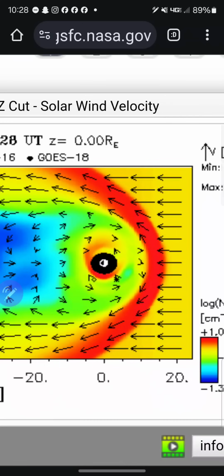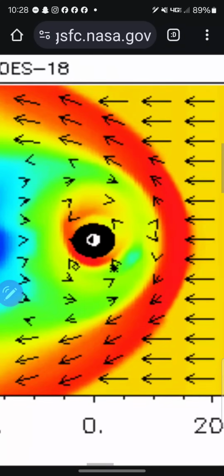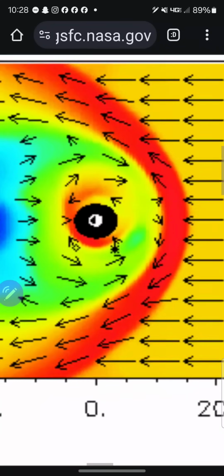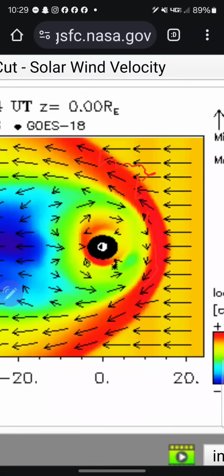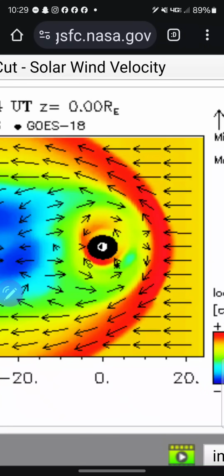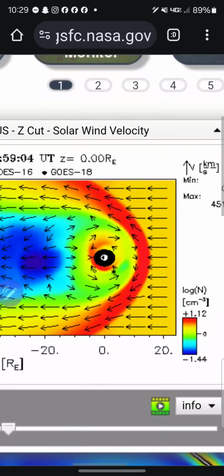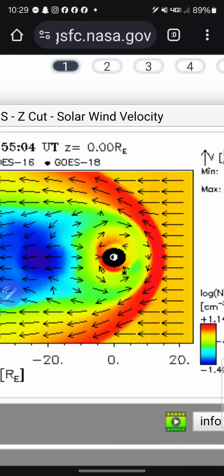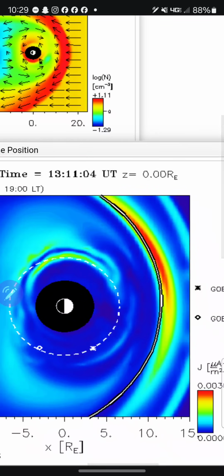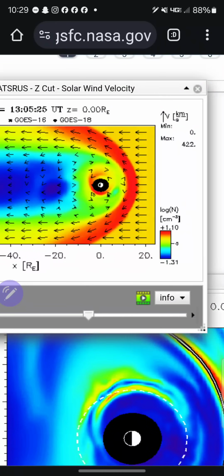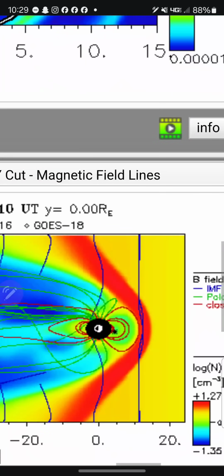Solar wind velocity, the speed that the cosmic particles are coming from the sun. Once again, Earth is in the middle. The white side is the daytime side, the black is the nighttime side. This little red thing right here, that you see bent back, is the same thing as this right here. It's just that in this diagram, it is monitoring solar wind. This right here is monitoring the magnetopause, the dome. This here is monitoring solar wind, and this here is monitoring the magnetic field lines, the lines that you cannot